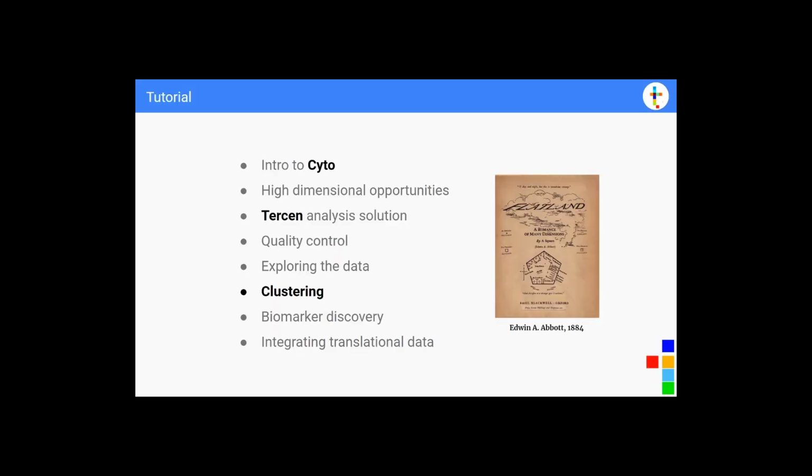So this is what I'll be covering. Basically, an intro to cytometry. I won't spend too much time on that, but I will spend more on the high dimensional opportunities or challenges, especially to do with the complexity of the data. And I want to show how Tercen can make it simpler, and you can analyze your data with Tercen, the